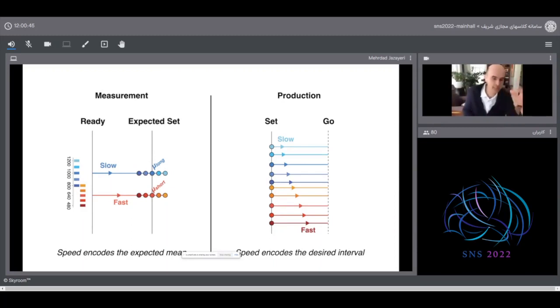And it turns out this is true not only for the two priors, it's also true when we subject the animal to a completely new distribution during learning. So during learning also, these neural activities change their speed gradually such that the activity reaches the appropriate threshold at the appropriate new mean of the distribution. So if you move the distribution, the speed slowly changes such that it reaches the threshold at the position of